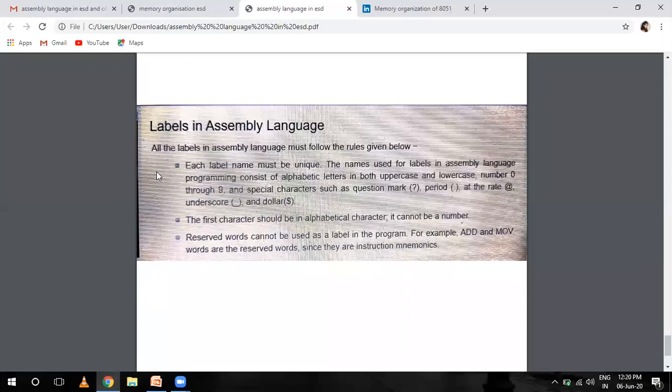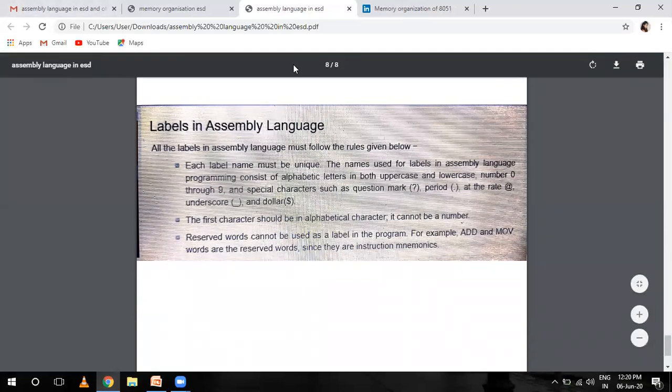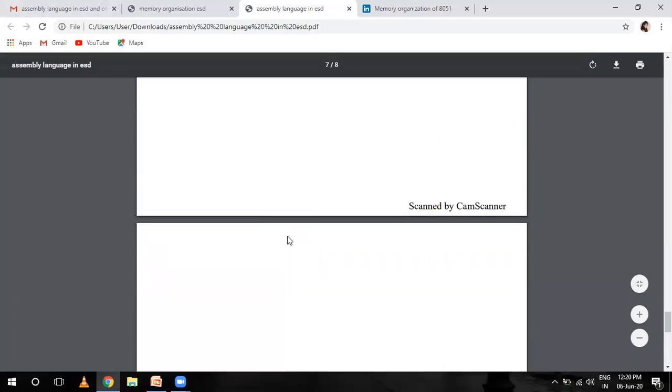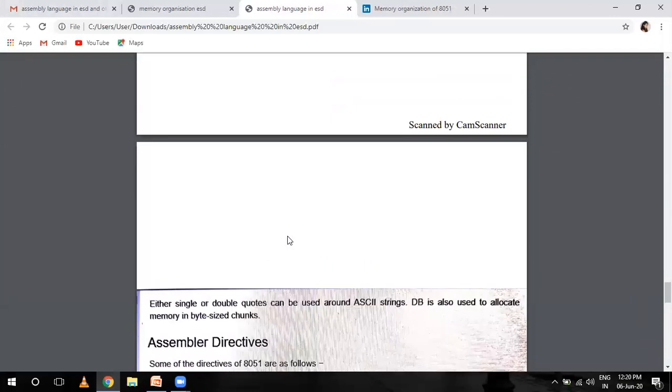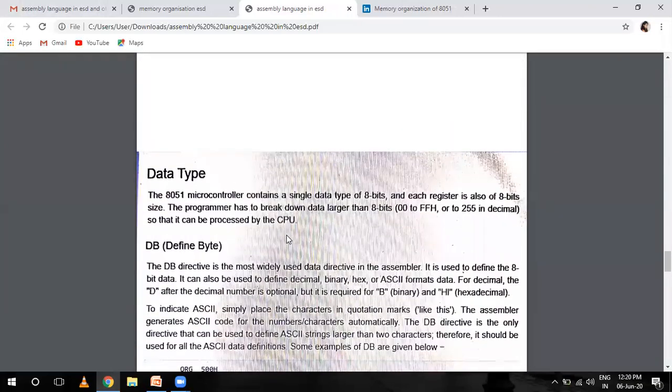The first character should be an alphabetic character and it cannot be a number. And reserved words cannot be used as a label in the program. For example, ADD and MOV are reserved words since they are instruction mnemonics. So this topic will help you with the instructions.